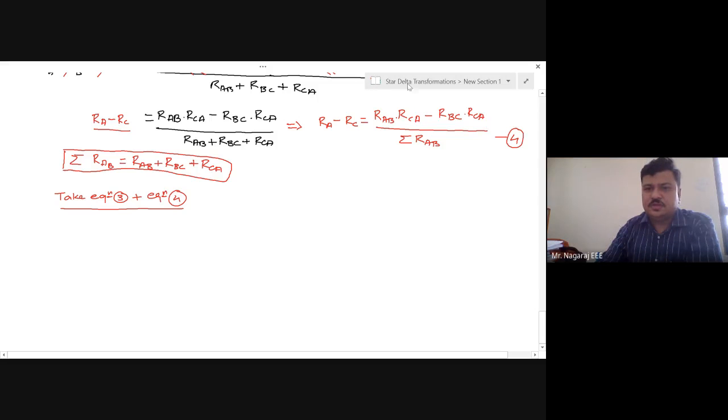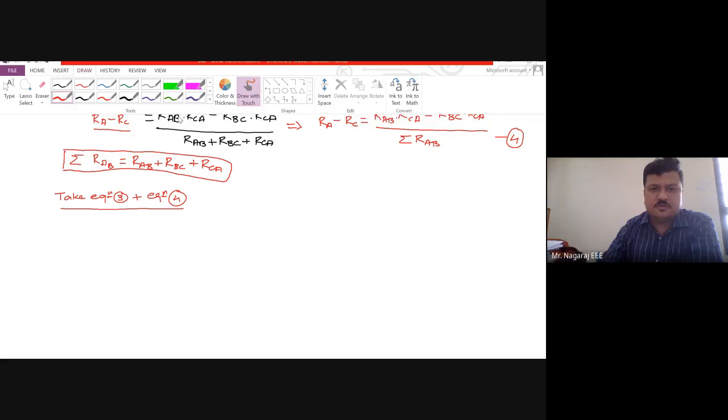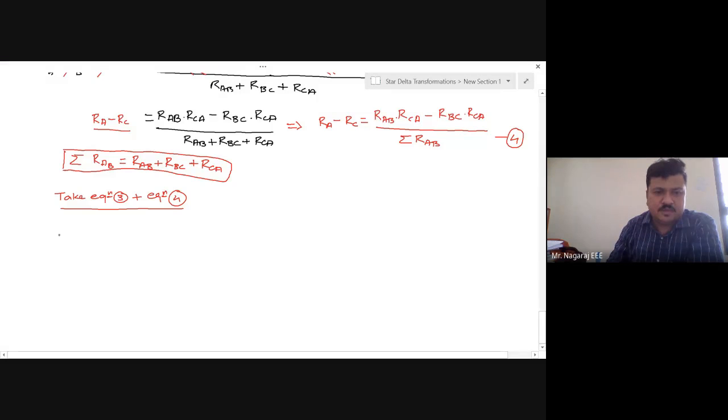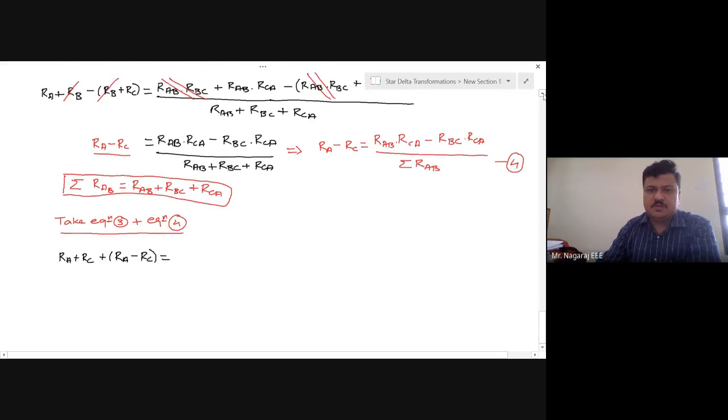Okay, so with this on the LHS side, what will I get? Equation 3 is RA plus RC, plus equation 4, which is RA minus RC, equals to, yeah. Now equation 3